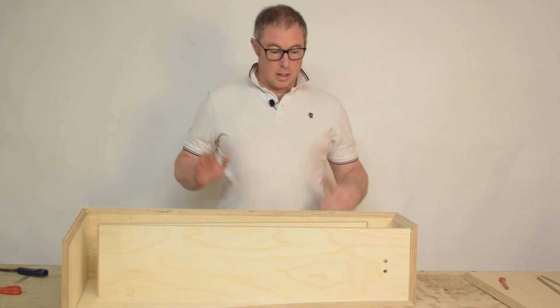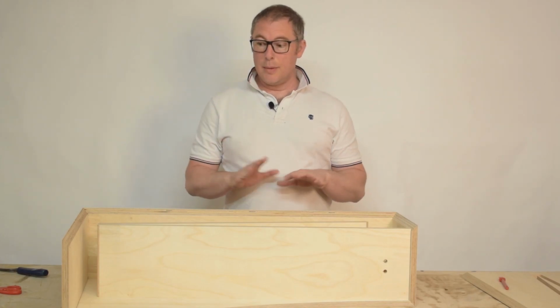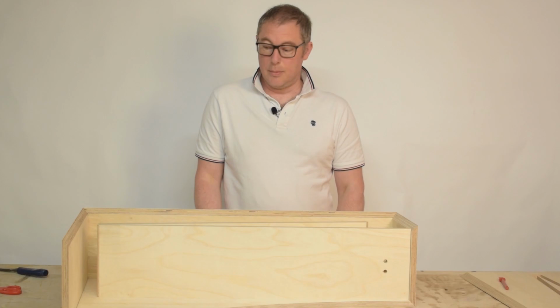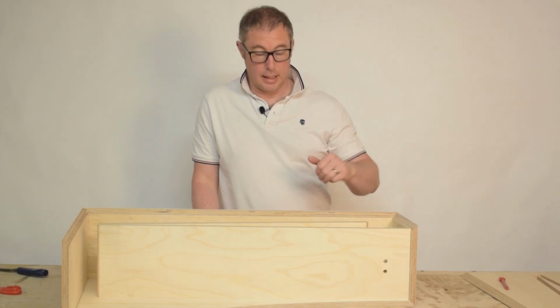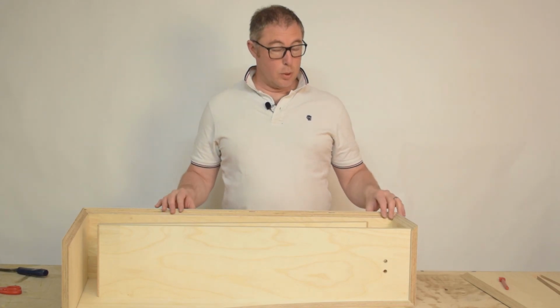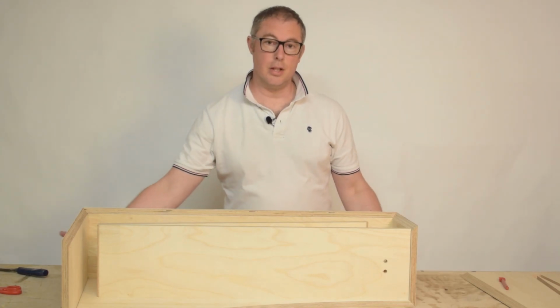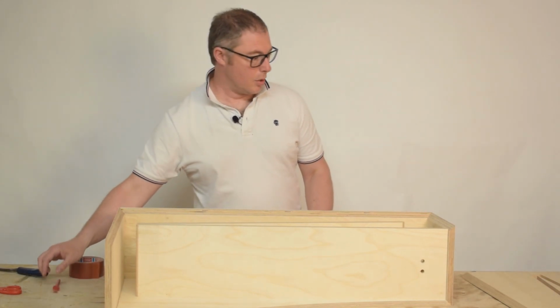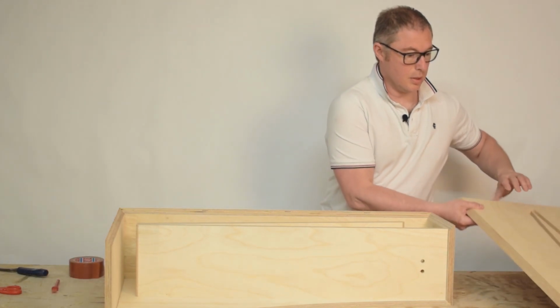Now, if we were to glue it all together at this point and glue the other side on, we wouldn't be able to get to the inside to put the stuffing in and to put the lining in with the felt lining. So this would be as far as we would glue it on our first go round. However, we want to make sure it's all nice and square, so we would get the other part, the other side part,